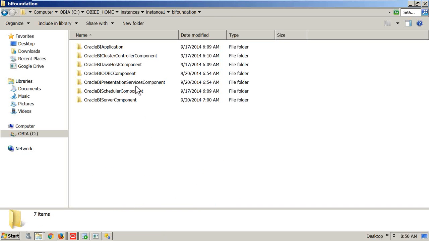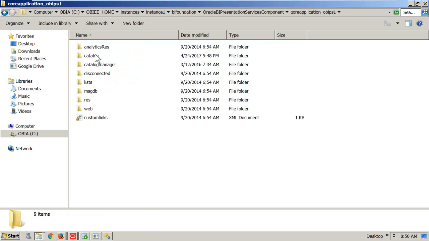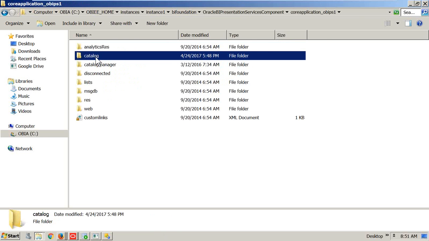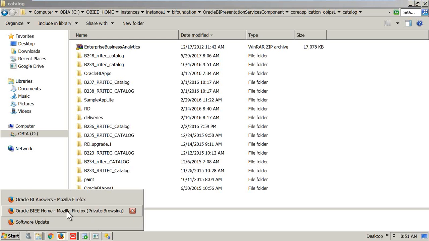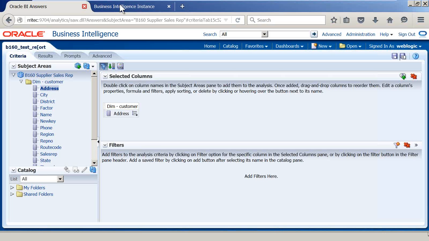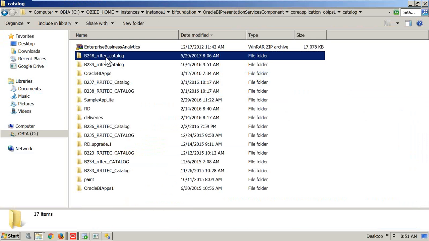Go to that folder, that is presentation service component. Next we have here, what is this? Inside the catalog, so many catalogs are available, but which catalog is being used by my server? B248 RR8 catalog is being used by my server. If you go and try to observe here, B248 RR8 catalog used by my server, that's what we are seeing here. Latest timestamp